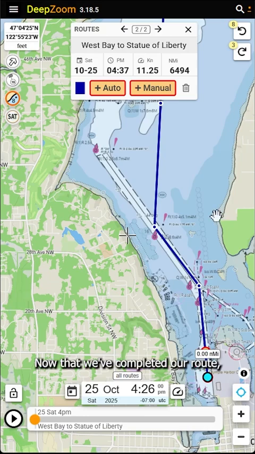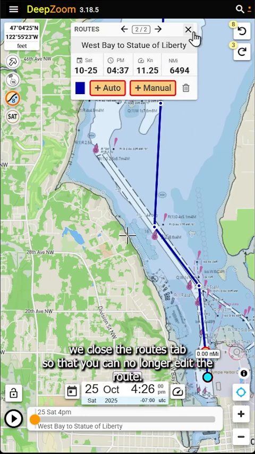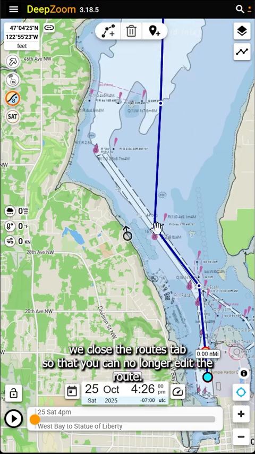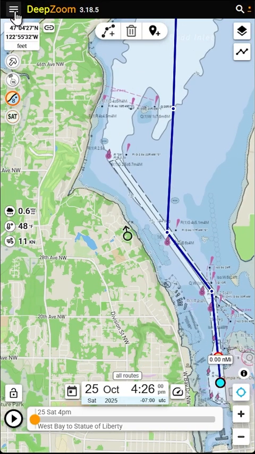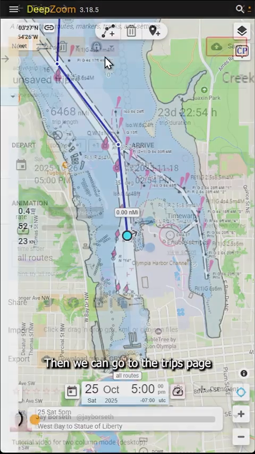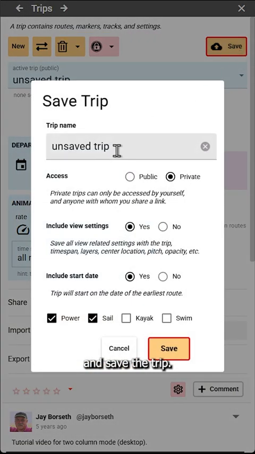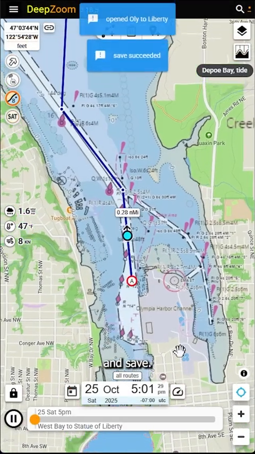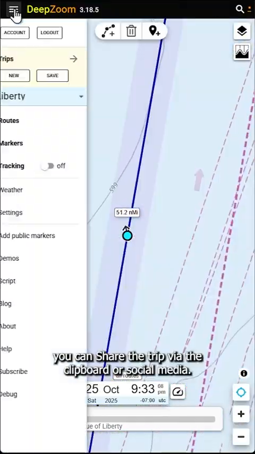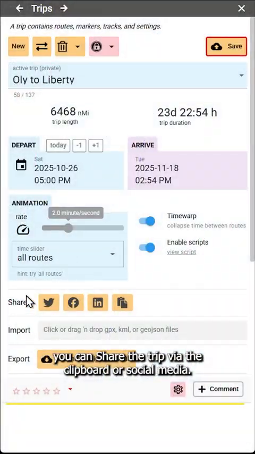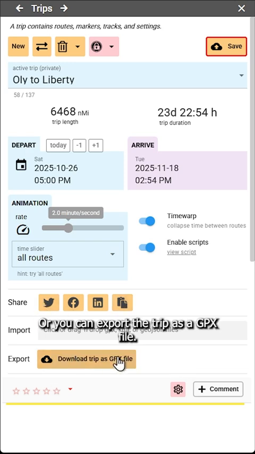Now that we've completed our route, we close the Routes tab so that you can no longer edit the route. Then we can go to the trips page and save the trip. We'll call it Holy to Liberty, and save. And now you can share the trip via the clipboard, social media, or you can export the trip as a